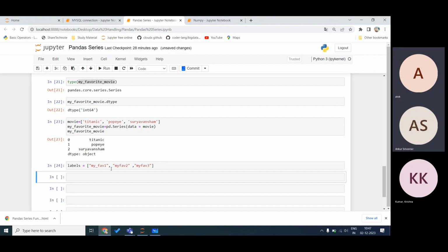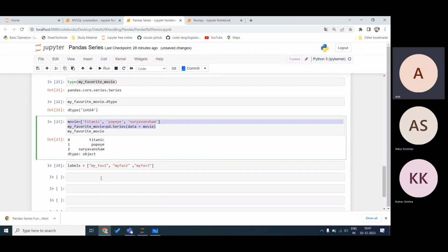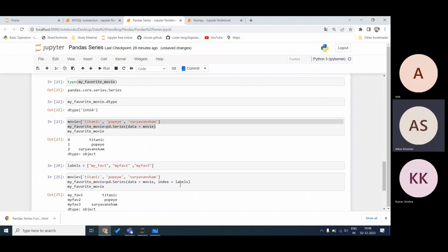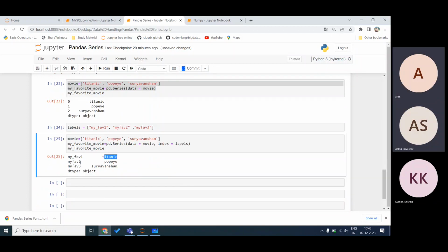Now I just say what my labels are. If I say index equals labels, you now have indexes as labels. See, my favorite 1 Titanic, my favorite 2 Popeye, my favorite 3 Suryavansham. This is how you can do your labels.